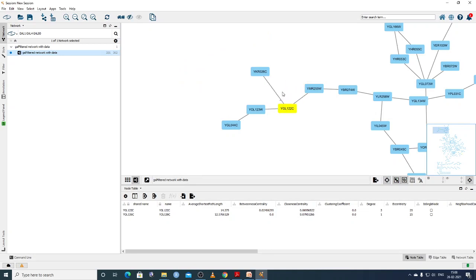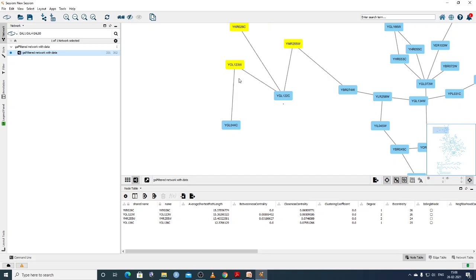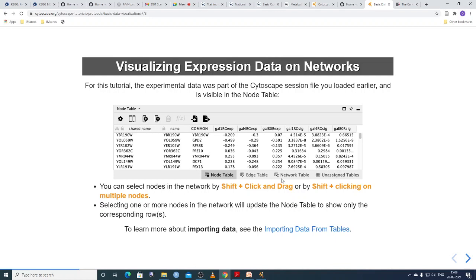So this is the selecting. If you want to select multiple nodes, you can select likewise, and you can move them all at once to different positions. This is how we can select the network. This is our biological network of different substrates and enzymes, how they are formed. Different substrates are there, and these are the reactions connecting them.